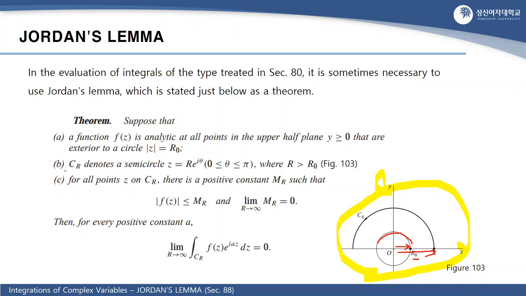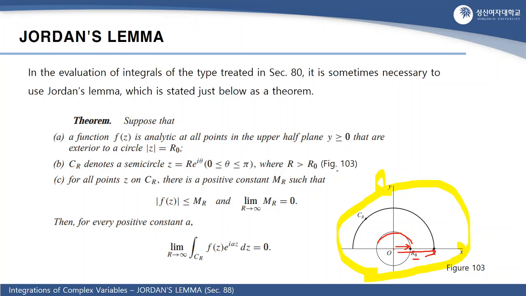And the second condition is C sub R denotes a semicircle described by z equals capital R times e to the i theta. Here theta is from 0 to pi, where R is greater than R naught,